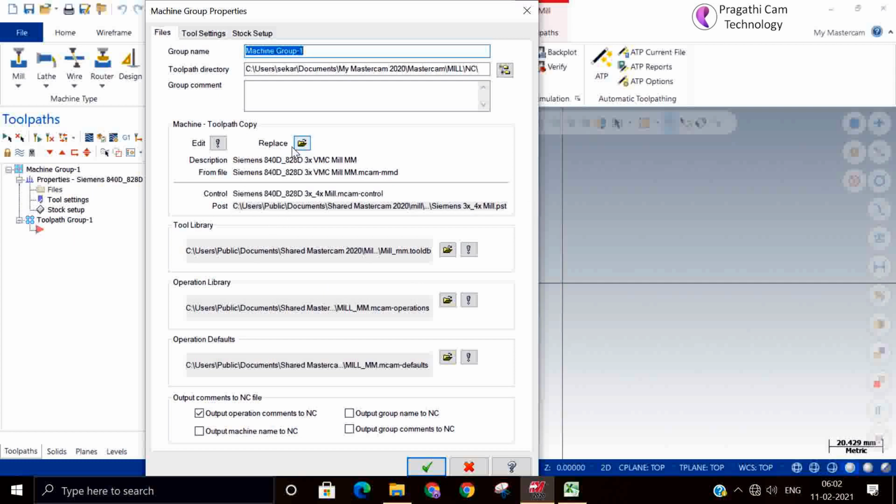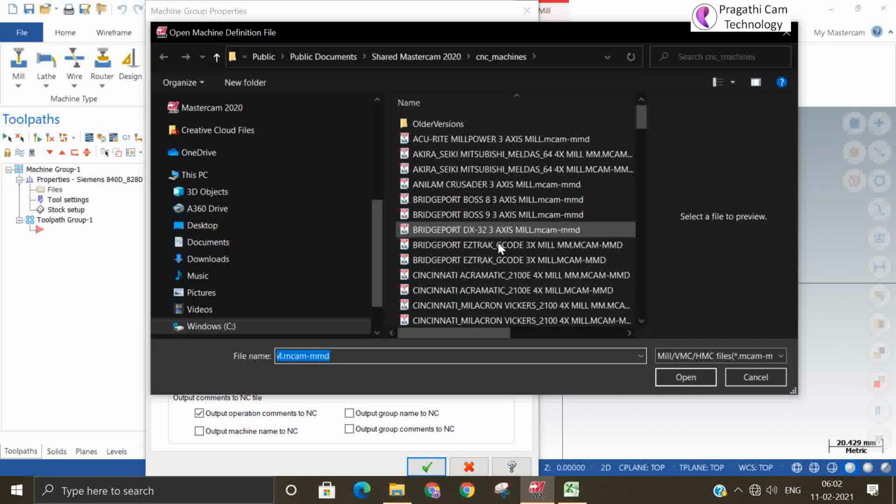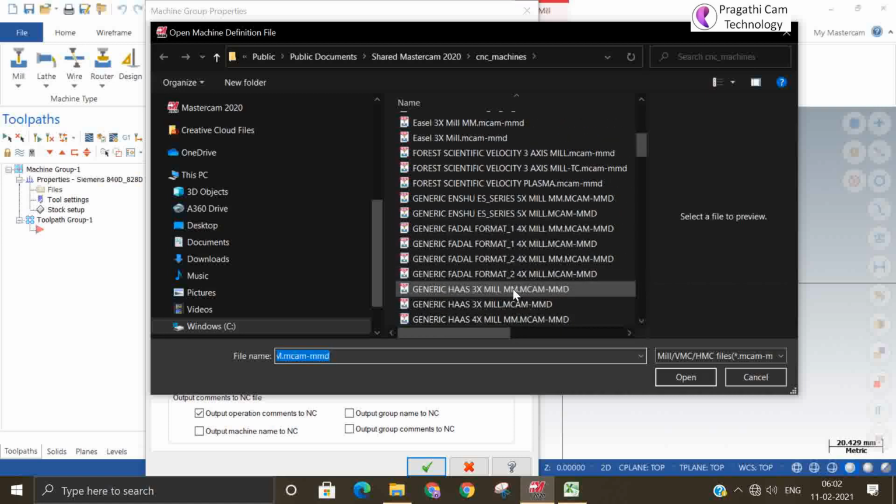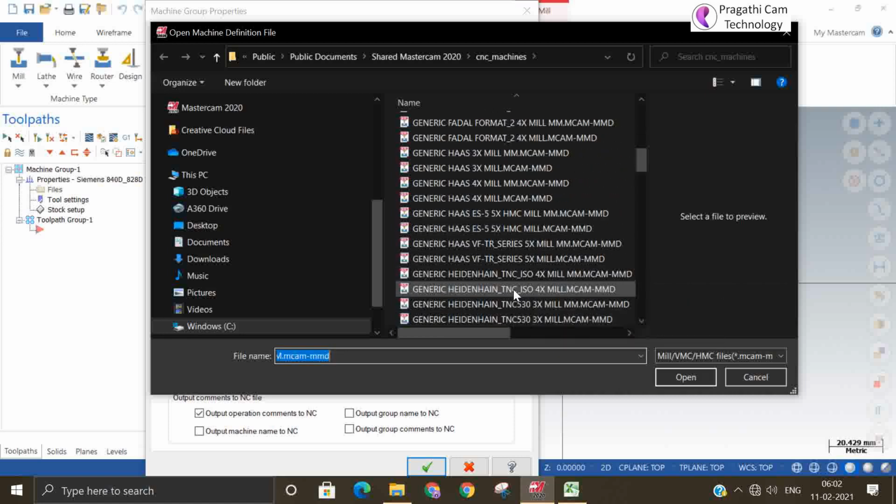Suppose you can replace it from here. Just clicking here. So we'll take some other machine now. Suppose I want a Horse 3-axis machine, I can select it.